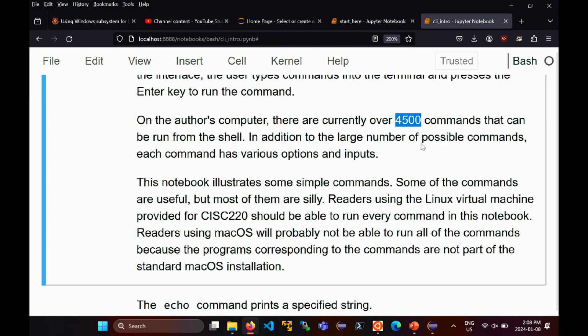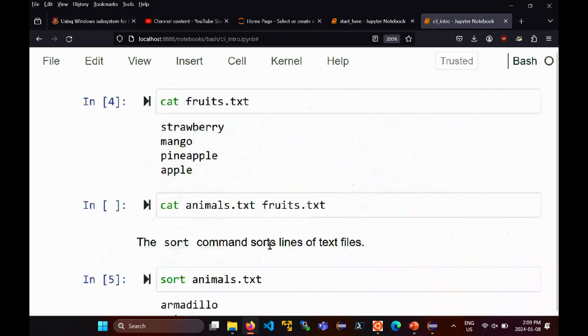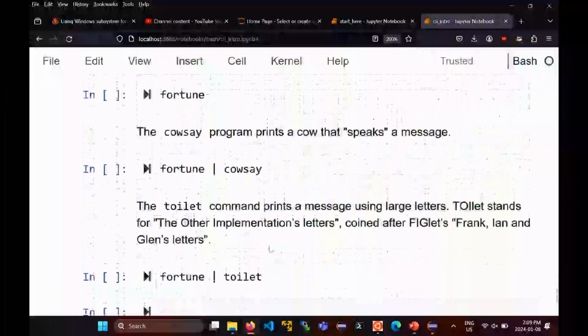The problem is all of these commands also have a bunch of options. And so you need some way to, one, learn what the options are, and then you have to learn how to use the options to do what you want to do. As we go on through the course, I'm going to show you how to use these options. I'm also going to show you how to find out information about these commands, because most people don't remember all of the commands and all of the options associated with them. You have to look them up when you need them. There's multiple ways to do that.